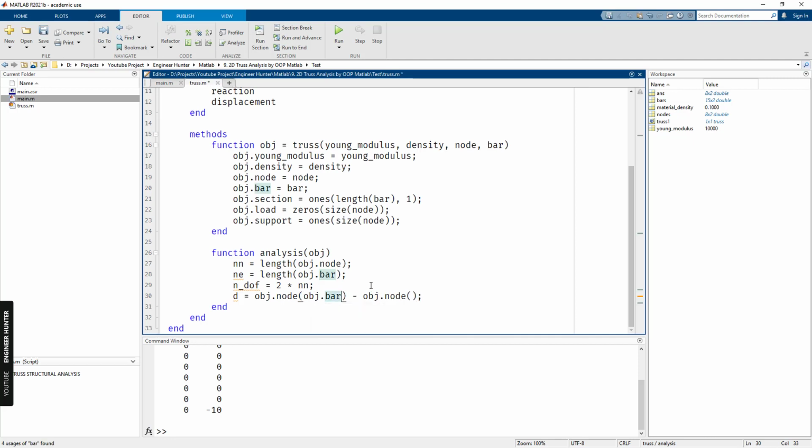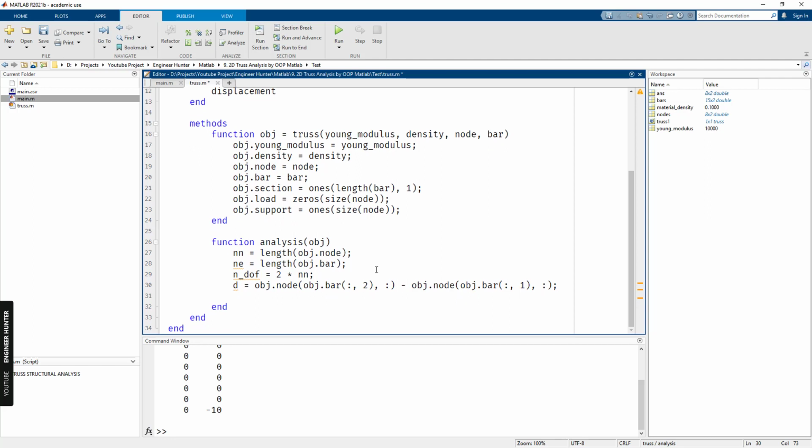So we can call the bar matrix, and we want to do the subtraction for all member and for each node for both x and y axis. And I can copy this and paste it, but this is equal to 1 because this is the start point of each member. So once we know this, we can compute the length of each member,